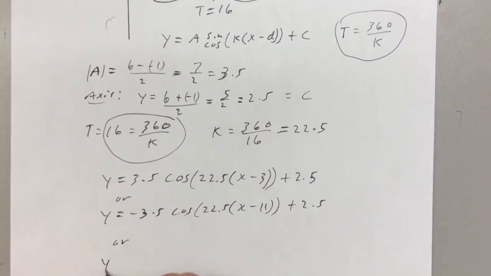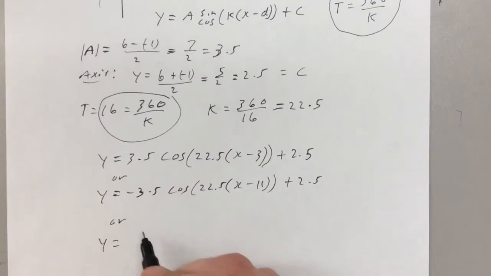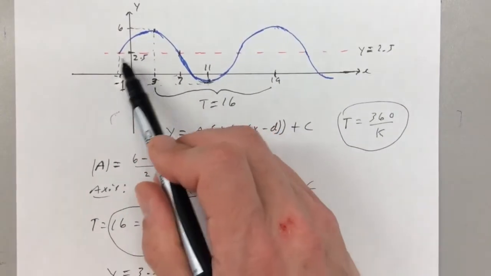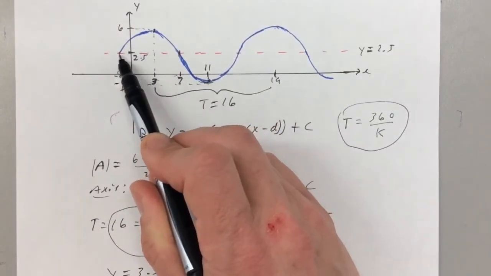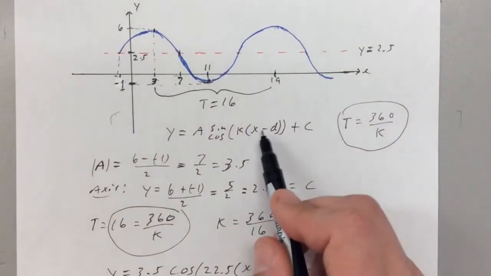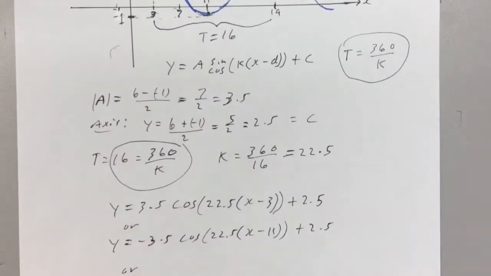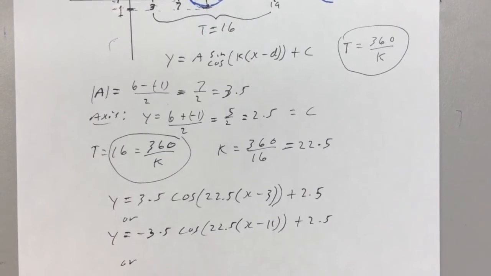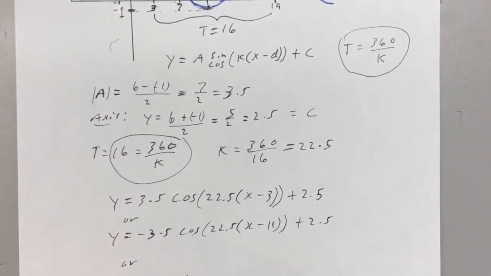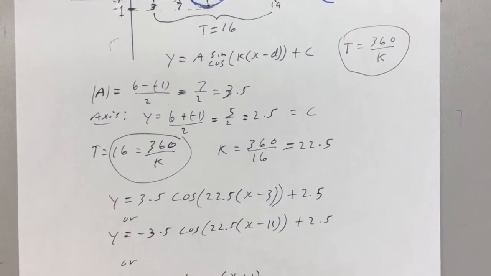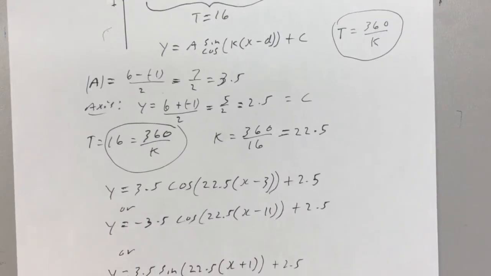So we could just write this in here as y equals, if we want the positive sine, we're going to use, the sine has been translated back 1, so I'm going to use x plus 1 in this part here. So it's going to be 3.5 sine 22.5 times x plus 1 plus 2.5, or